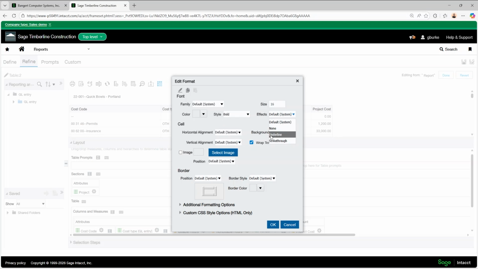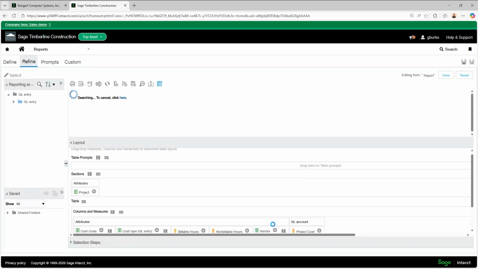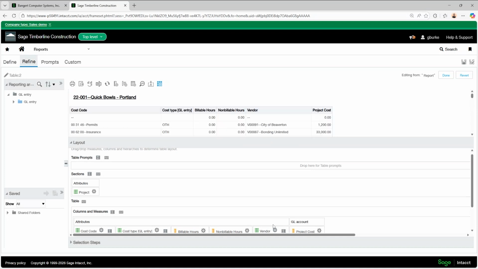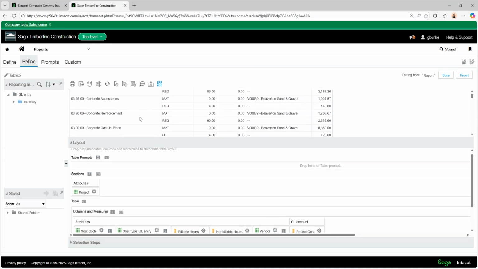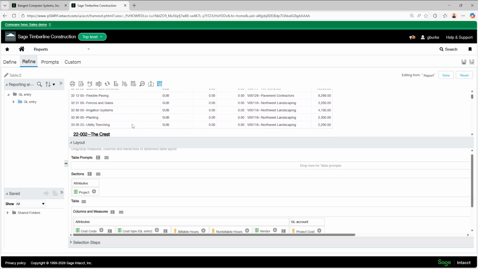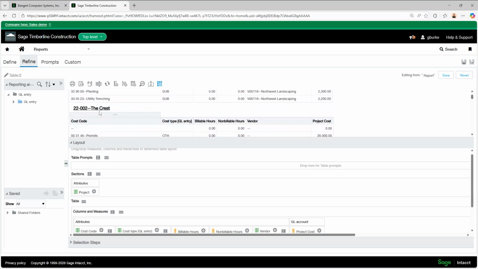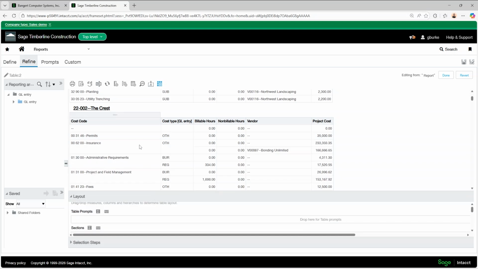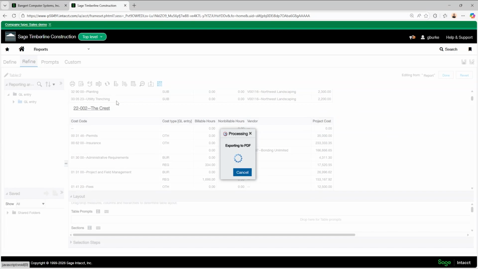And we'll go ahead and give it an underline too. So there we go. Now we can see our project. And it's much more clearly divided. If we go back to our PDF, we can take a look at how it's looking now.